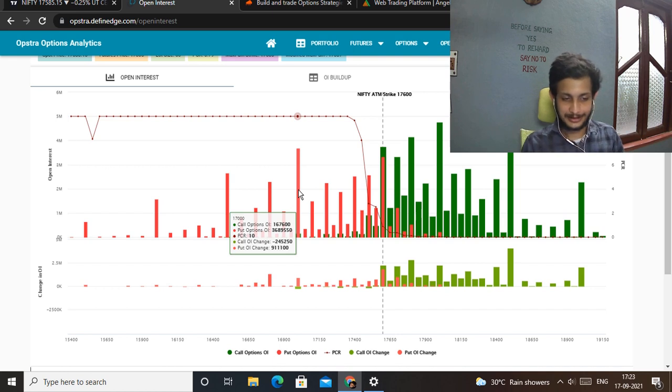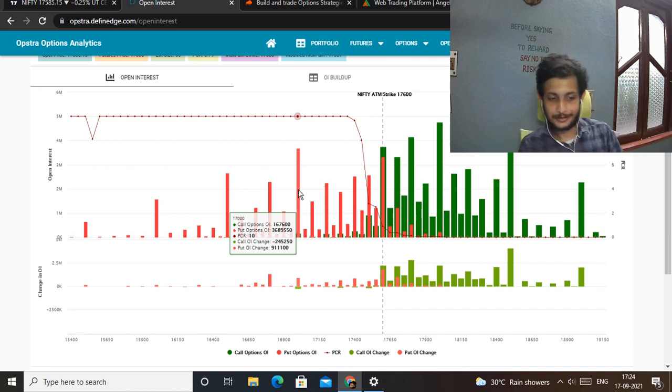So first we got the range, but we can see that the boundaries are not equidistant from where the market is standing right now. Right now the market is standing at 17,600. On the upper side, we predict that it will only be able to move up 400 points, but on the downside we are expecting it to move even up to 600 points. So what is our view? It's neutral to negative.